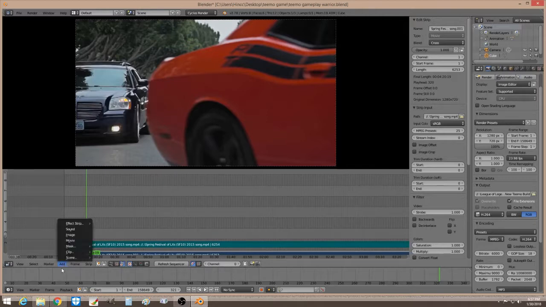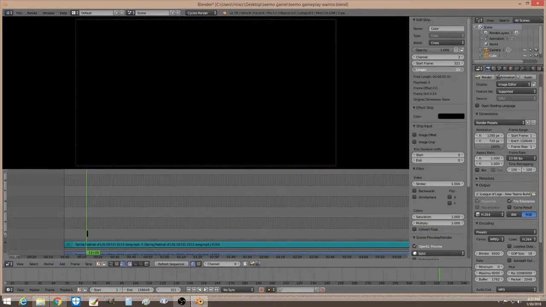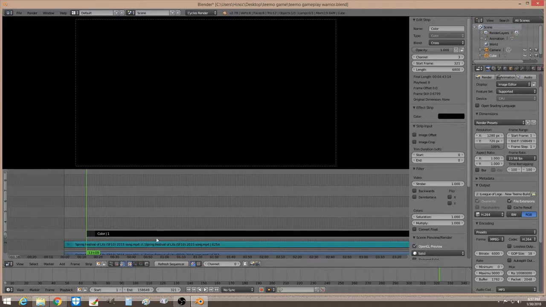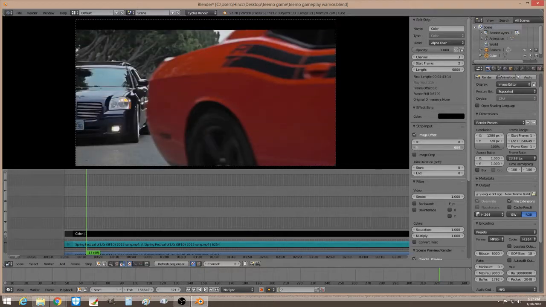On Blender, all you have to do is go add effect strip and go to color. Alright, stretch your color. Okay, on color, go to image offset, that way you can move it around. Make sure this blend is on alpha over. So all you have to do is just move this up the way you wanted it. Let's say right there. And to do the bottom one,